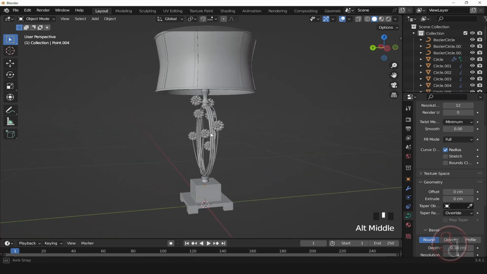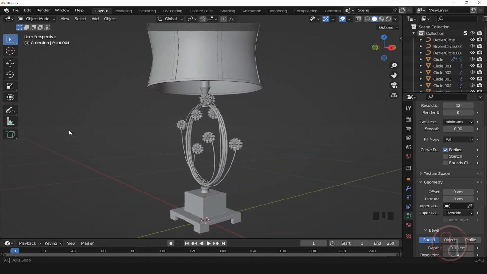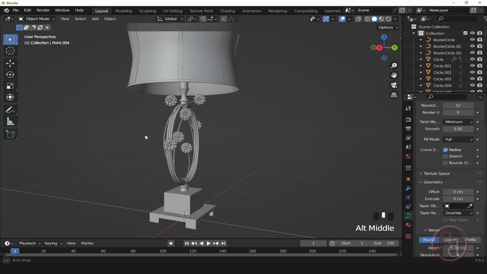Okay, so this is the result so far, and the modeling of this lovely table lamp is complete,